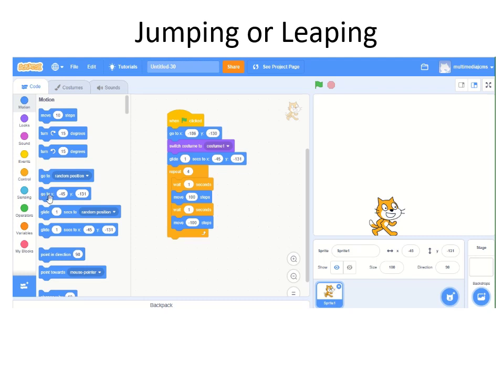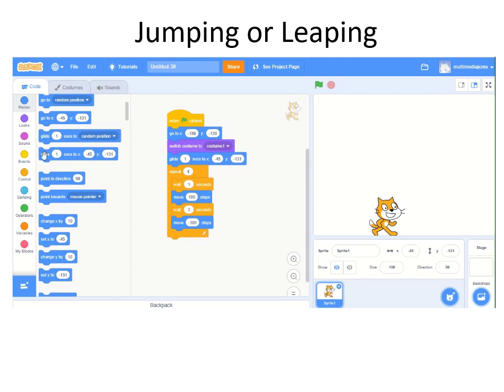got some options. You can use your go to XY command, and you could take your character and drag it to that location where you want them, and then that'll put in the coordinates, but the go to XY will just make your character teleport. You could use the glide 1 second to your XY location. This will actually give you that smooth movement where you will actually see your character move from point A to